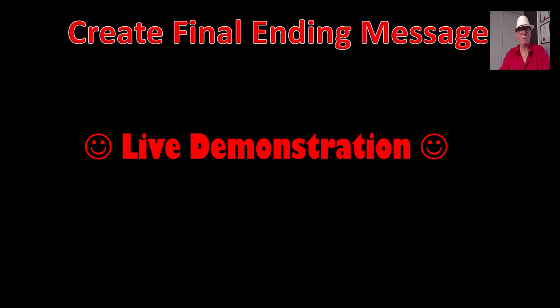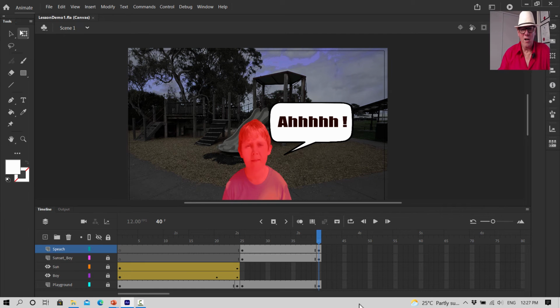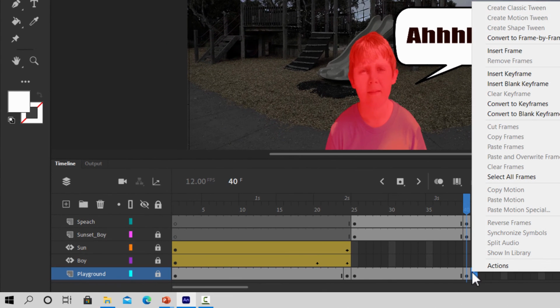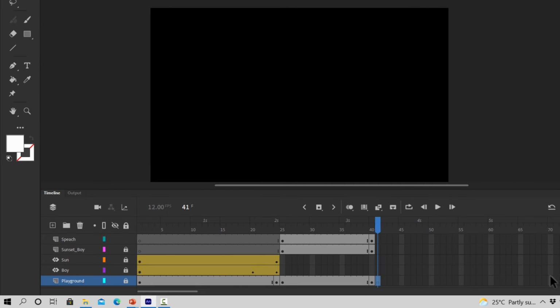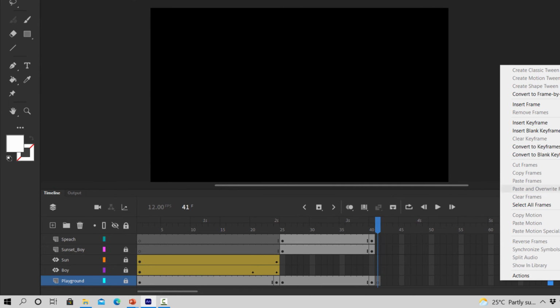So we've done parts 1 and 2, and so let's create the final ending message in Animate. Okay, so here we are in Animate. Remember, we were going down the playground layer. We were inserting a blank keyframe here at 41, and we're ending at 70. So we're making another blank keyframe at